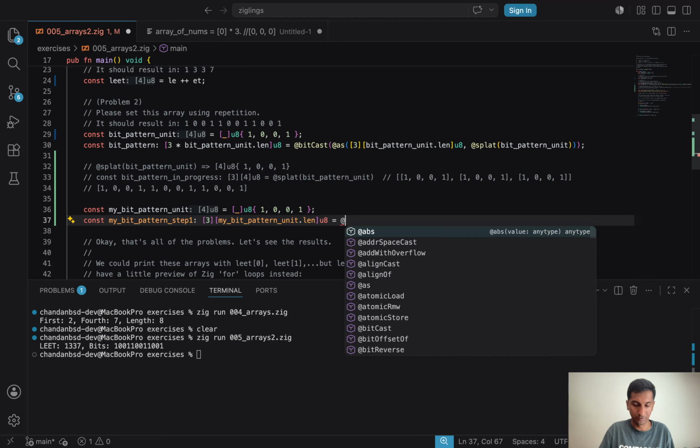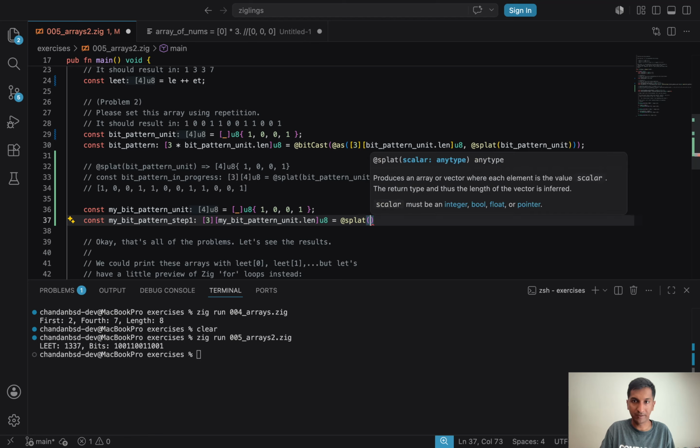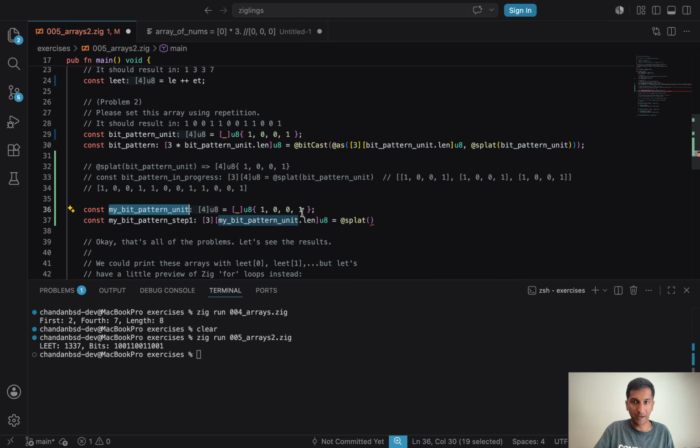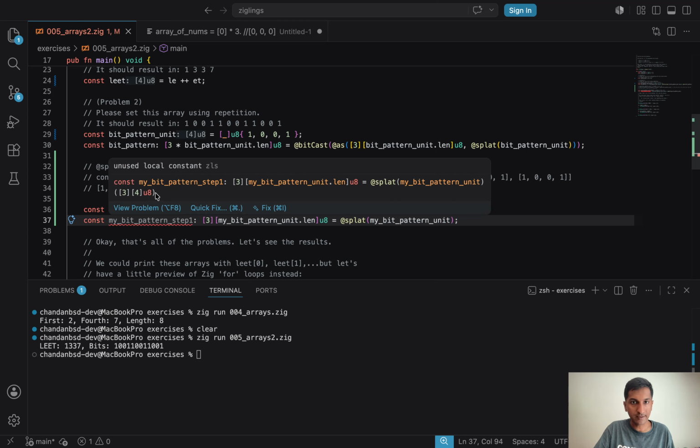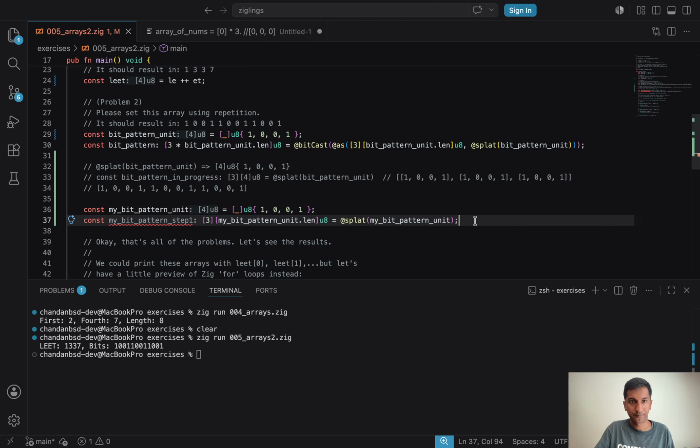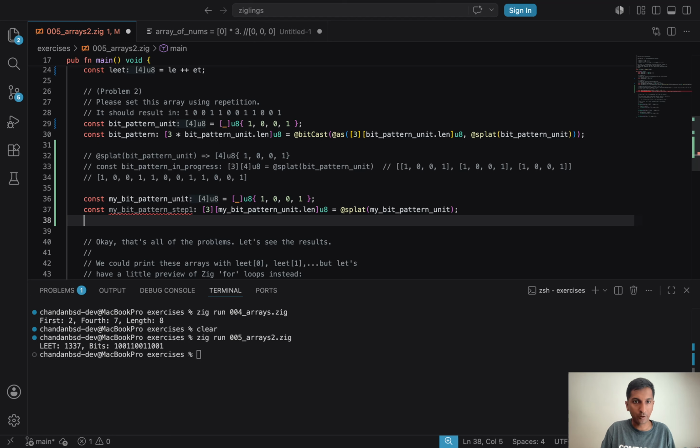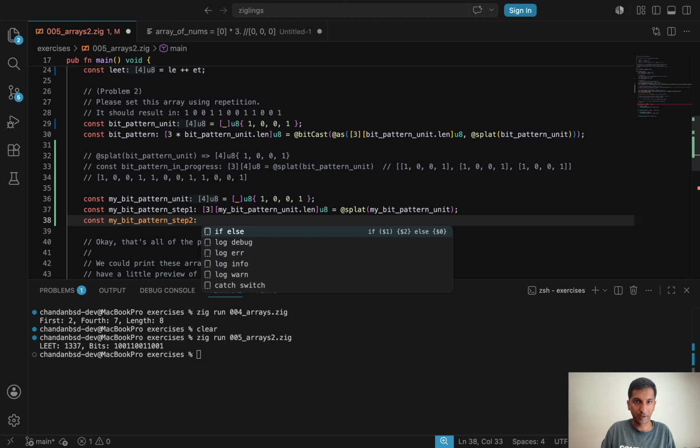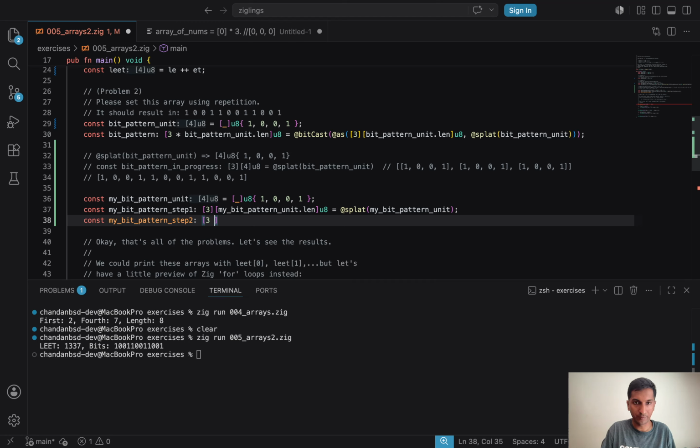Okay. And now I believe I can skip this operator. So I'm just going to do splat, repeat, bit pattern unit. Will that work? Yes, that looks like it works. Okay, so we were on the right track. Now let me try to create the final pattern. My bit pattern step 2, and I'm going to do something similar. Bit pattern